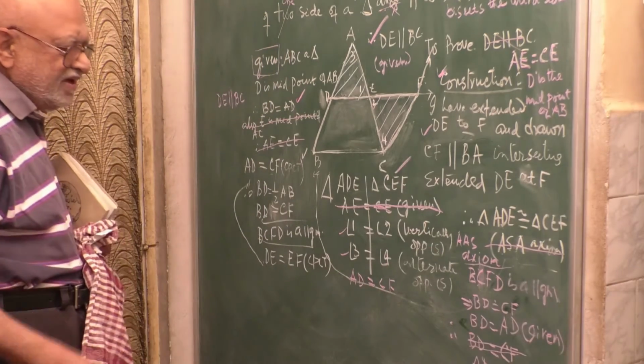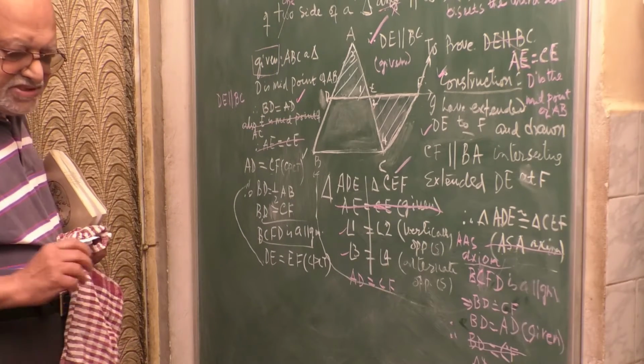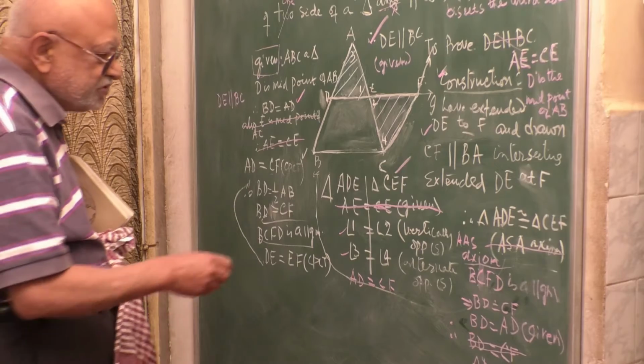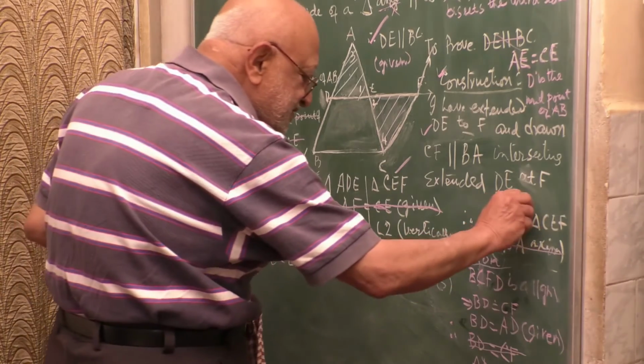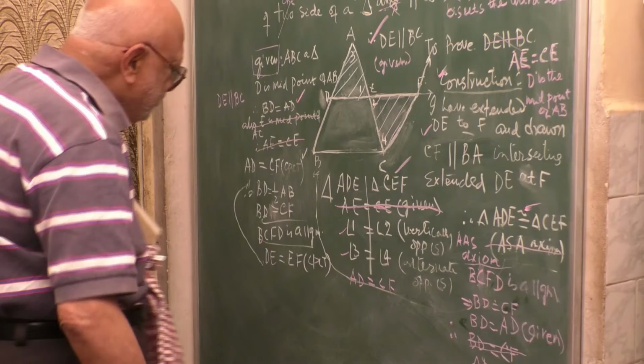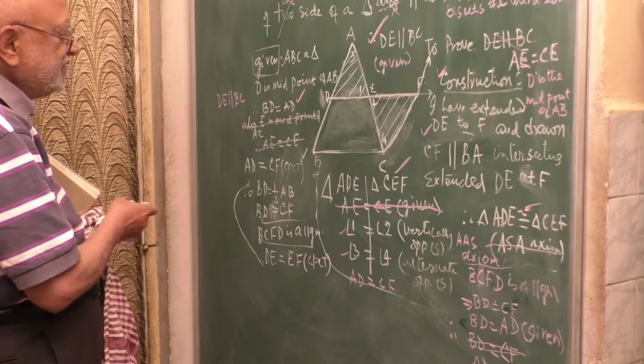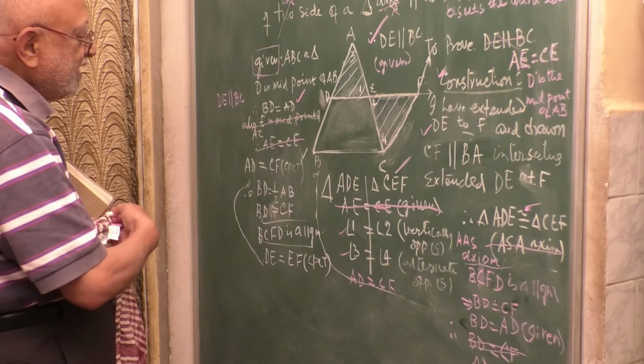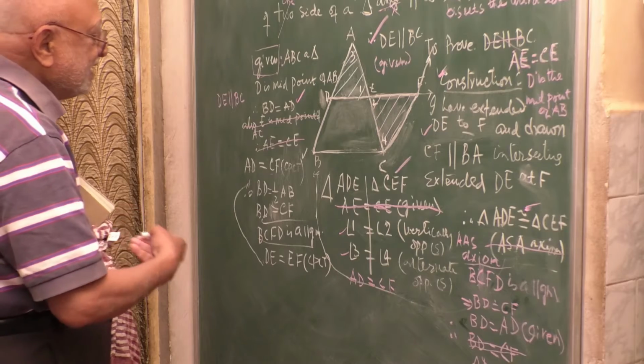Okay, it will be now the AAS axiom. So this is all right now with you. These two triangles are congruent. So what do we get? Now if these two triangles are congruent, then I can write